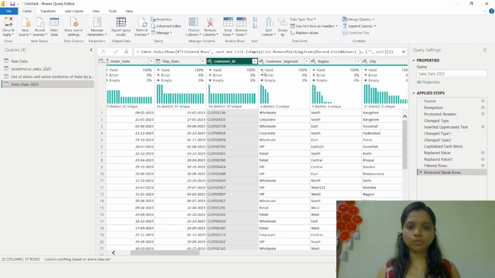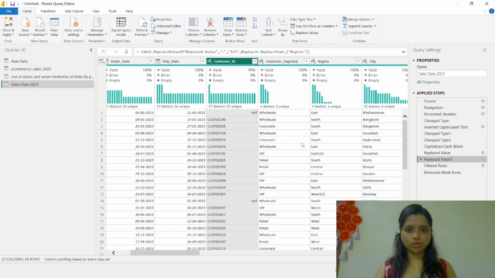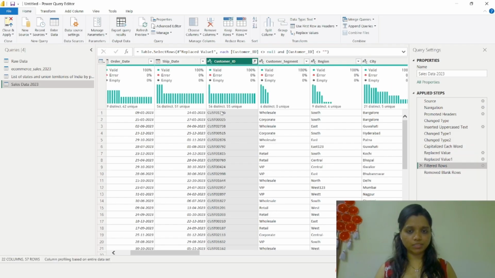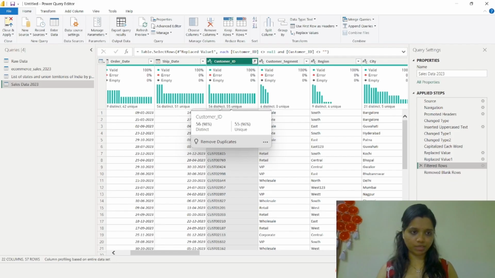So it's going to remove the rows which are blank throughout in every column. Now if we go back to our previous step before removing the rows, we see here that there are 57 distinct values, and after removing the blank we see there are 56 distinct values.